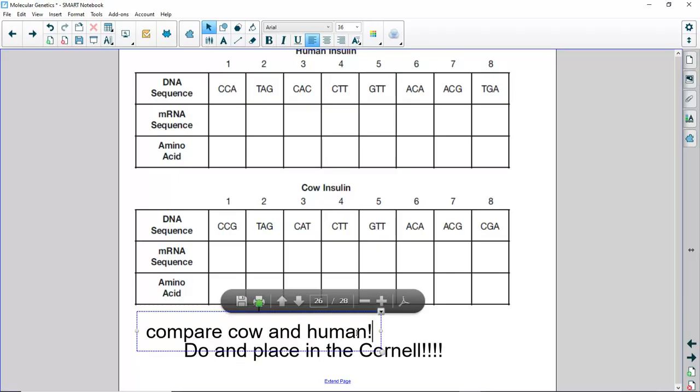Compare, after it's done, the similarities in sequence of the number of amino acids. Are they the same? Are they different? How many are different? How close are a cow and a human to being the same DNA? All right, that concludes